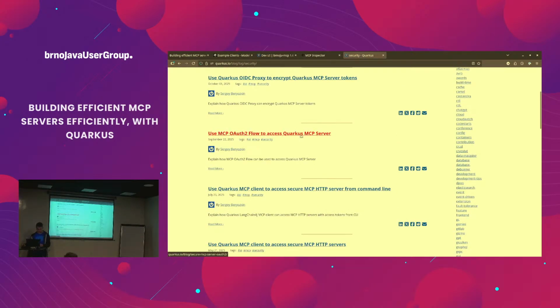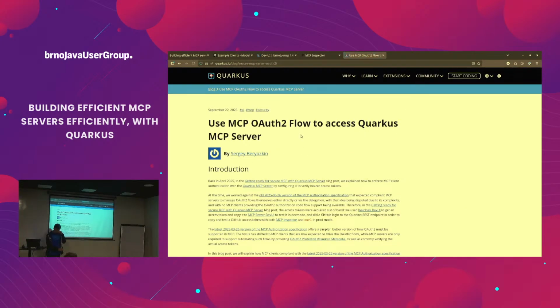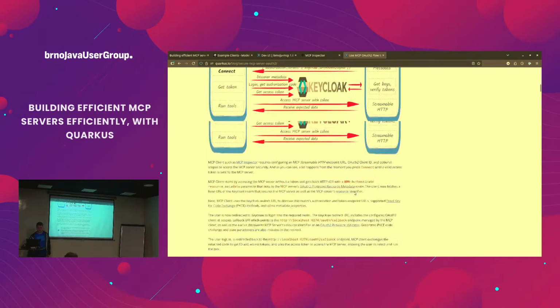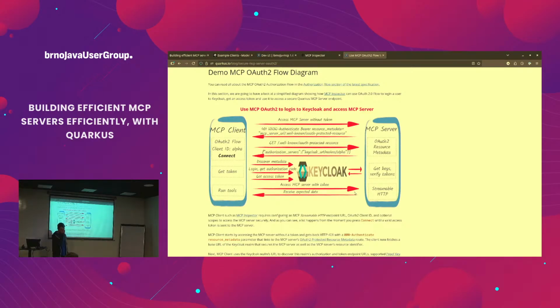Yeah, that's this one. So, very nice blog post. If you are interested in security and MCP, we actually added one feature